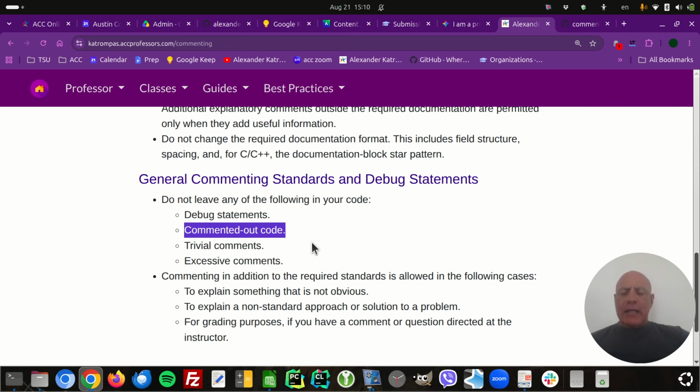Every once in a while, I've done this. I'll give you an example of something I've done that's acceptable in professional code. I was working on some Python code, and there was a way to do it that was considered Pythonic, meaning the Python standard way of doing it, and I couldn't get it to work. I tried everything in the world, and I sat there for 2 hours, and I couldn't get it to work in the Pythonic fashion, but I could get it to work very well in the traditional C-style fashion. But C-style code is kind of discouraged in Python code, right? But I couldn't get the Pythonic one to work.